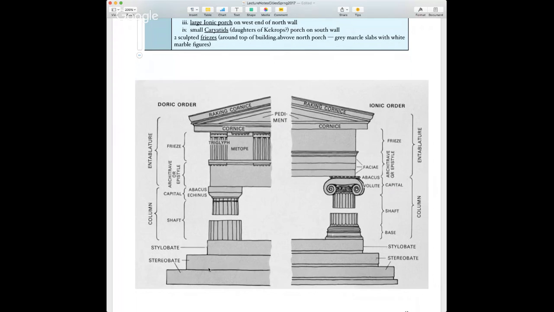So here we have the stylobate. This is the Doric column, and the Ionic column, which is a little bit fancier. The roof is here, and the columns are called orders. Then you have the flat surface of the roof and the steep surface above it, so rain can wash off. That surface underneath is called the pediment, and that was highly decorated in the case of the